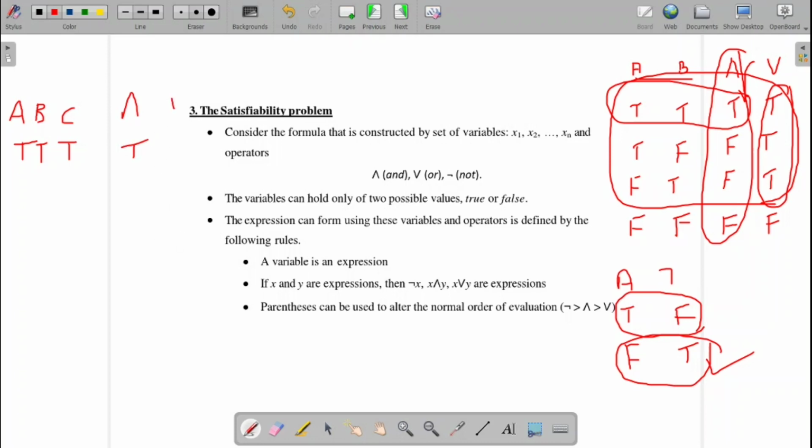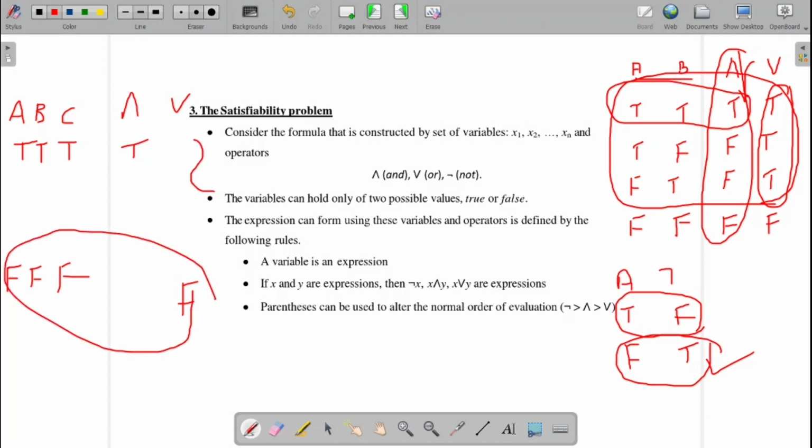For the OR operation, only if all are false is the result false. In the rest of the cases, it is true. So this one won't satisfy; leaving this one, all will satisfy. But in case of the AND operation, only this will satisfy and the rest won't. The satisfiability problem is used for finding such cases which will yield the true value.